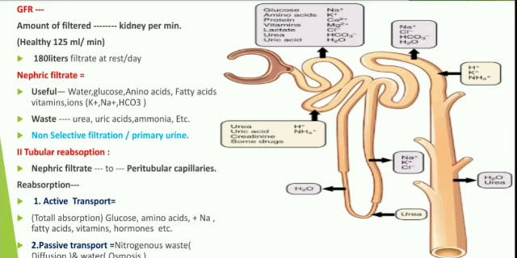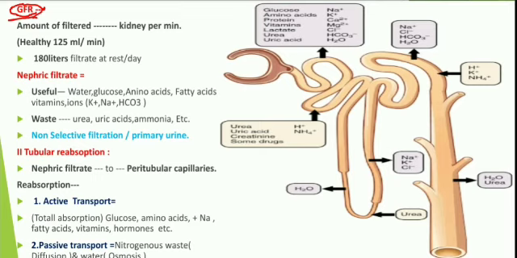Now we can go through them one by one. What is the composition of glomerular filtrate? Another term he has given is GFR. What is GFR? It is the glomerular filtration rate. It is the amount of filtrate formed by the kidney per minute. Per minute, how much filtrate is formed by the kidney, that is known as GFR.